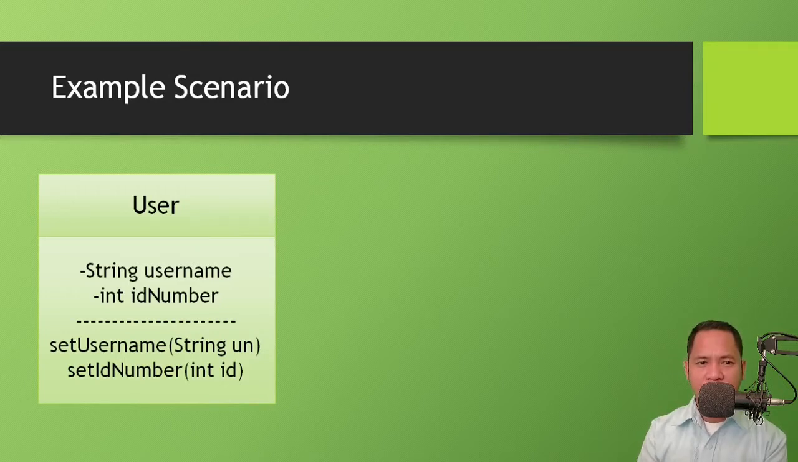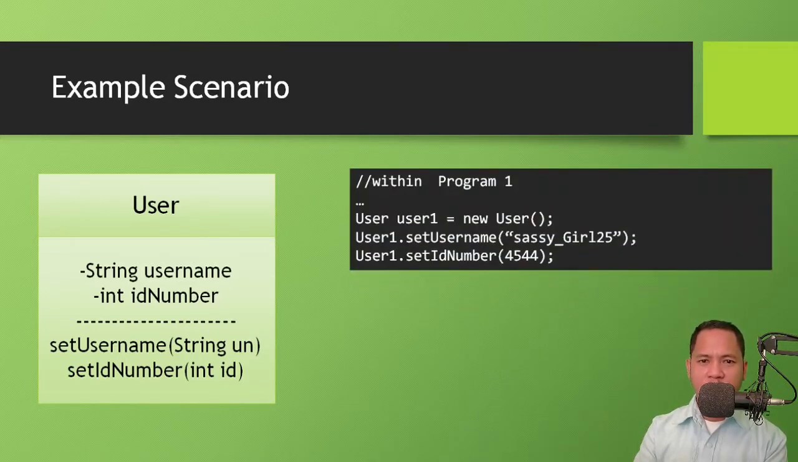and the set ID number, which is also the mutator for the ID. With this, when a program uses the class user and creates an instance called user1, they will have to call set username to change the value of the username property. Now, since we have it as a method here, we can implement rules right here in the class user, and may even format whatever is given by the program 1 as the input for the username. Like for example, within the username method, we can remove the underscore and change the capital G to small letter